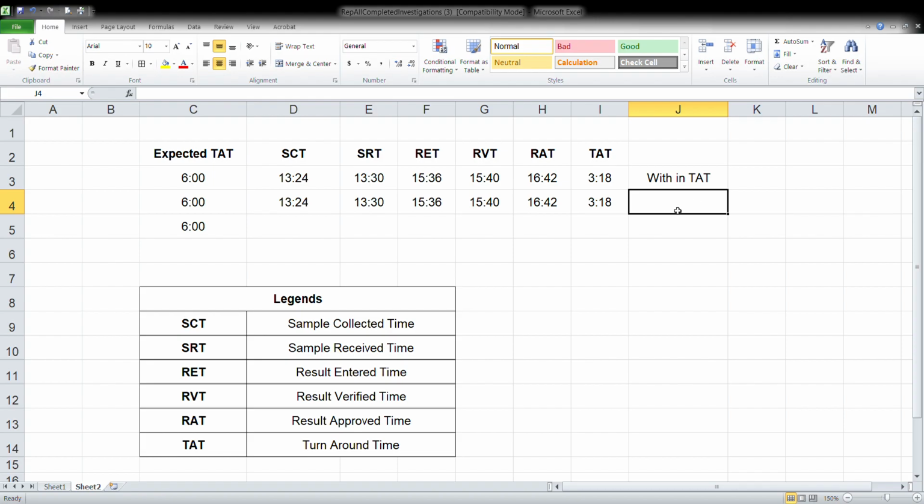So for that I'll put a formula again. It's better to use formulas in an Excel sheet, so I'll put a formula is equal to, I'm using an IF condition. If this time is less than this time, then put a comma and give the condition in quotation marks, like it should give as within TAT,